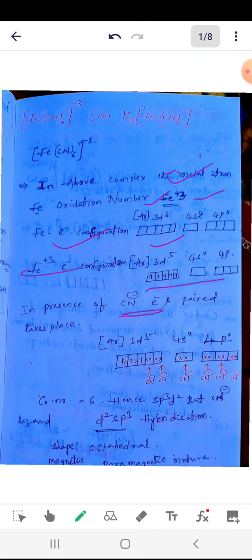In the presence of cyanide ligands, electron pairing takes place. So what is happening here? Actually, based on the coordination number, 6 means that is the